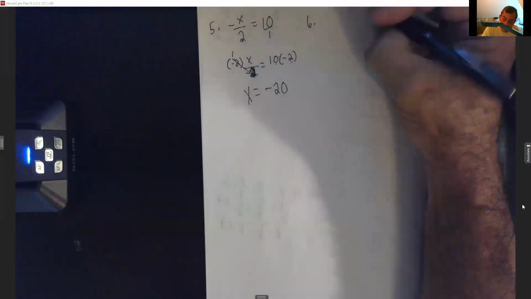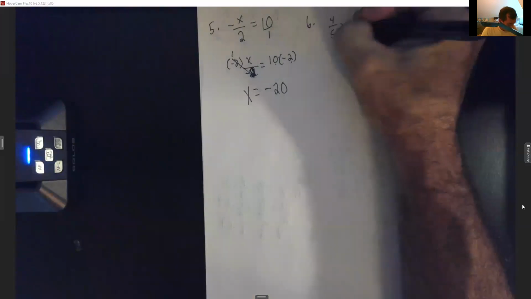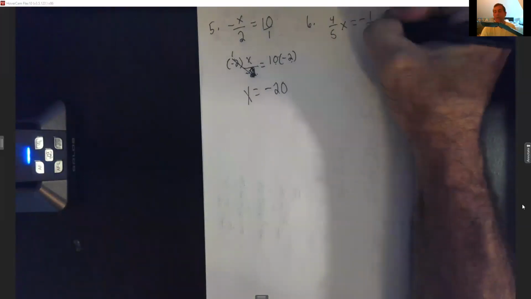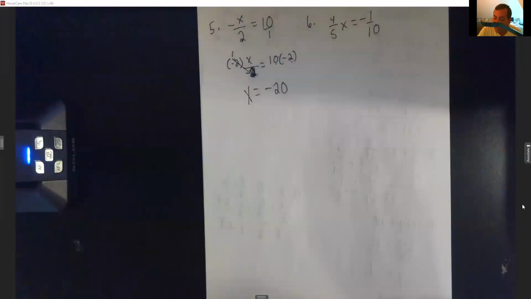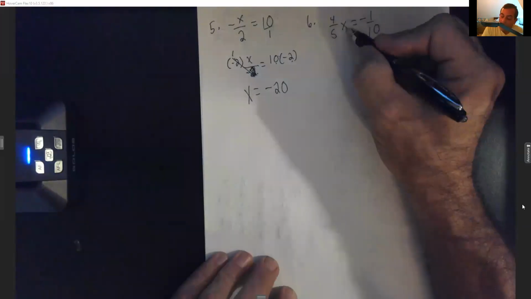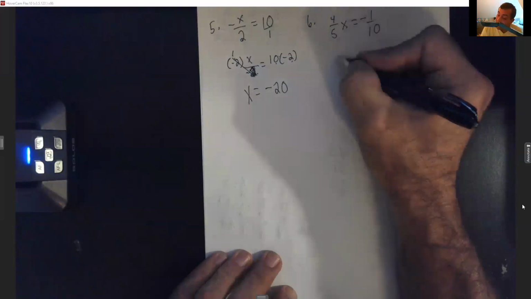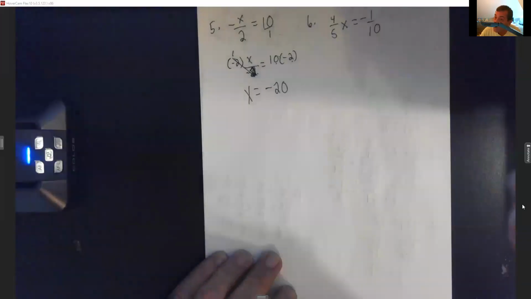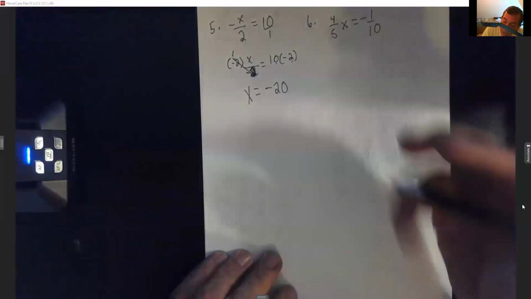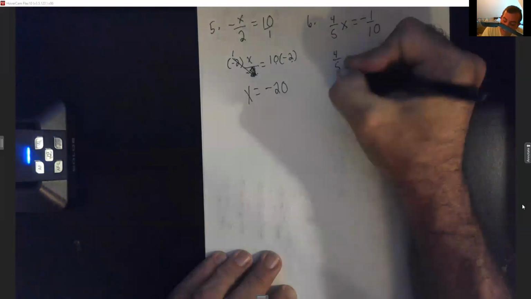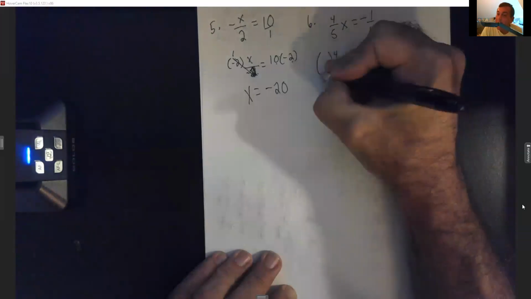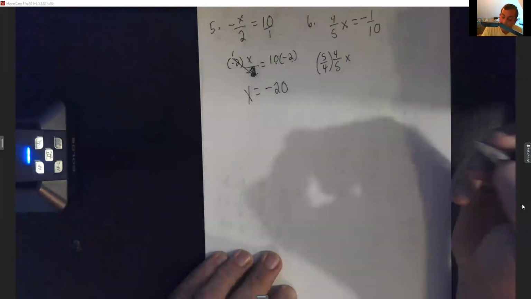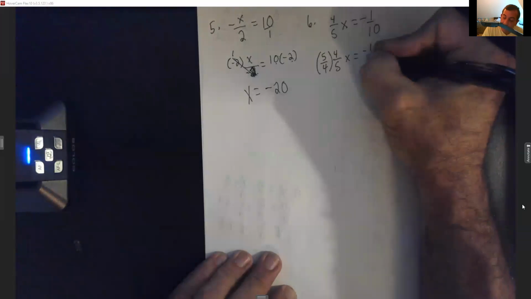All right, 6 has a 4/5 x equal to a -1/10. So watch this. Since you got a 4/5 being multiplied by the x, you're going to divide by 4/5. But remember, when you divide fractions, we change it and flip the second number, right? So you're going to bring down that 4/5 x, and you're going to multiply by the reciprocal of 4/5, which is a 5/4. That's going to equal this -1/10 times